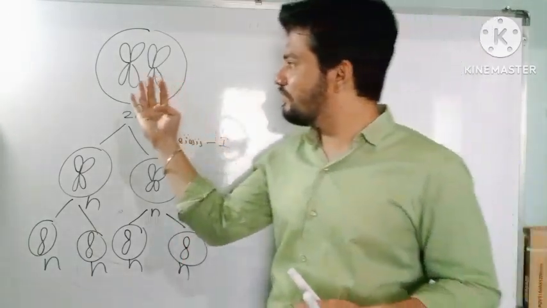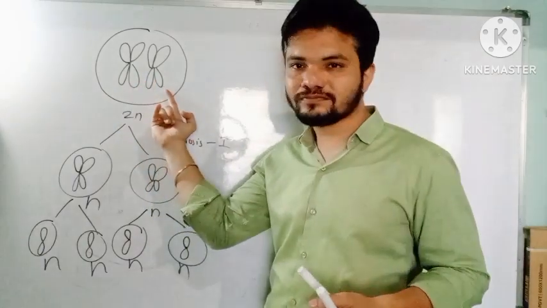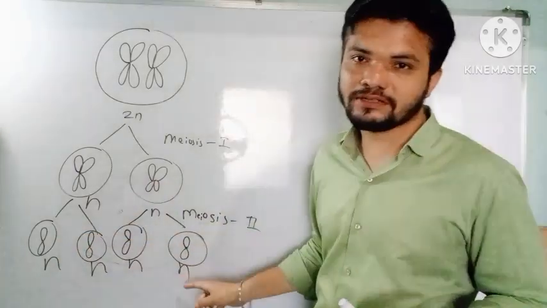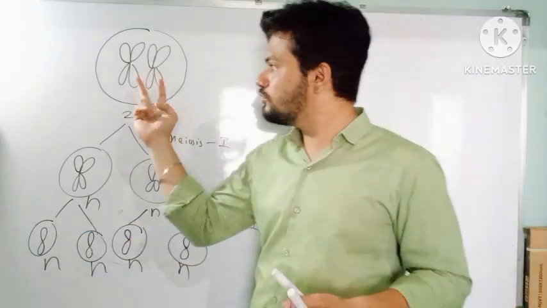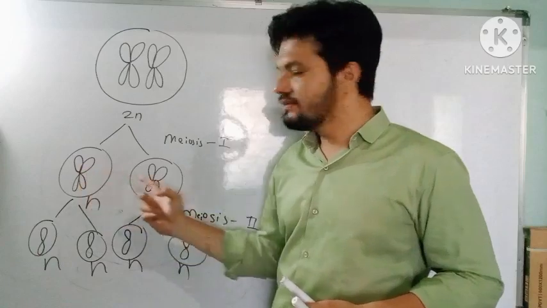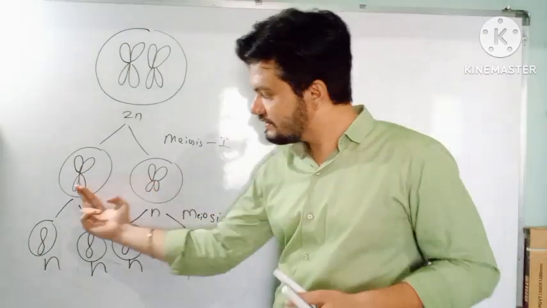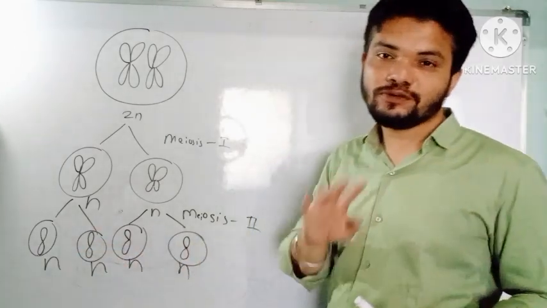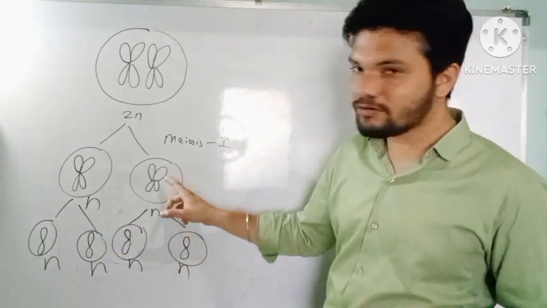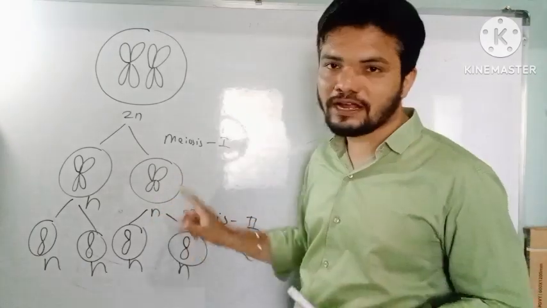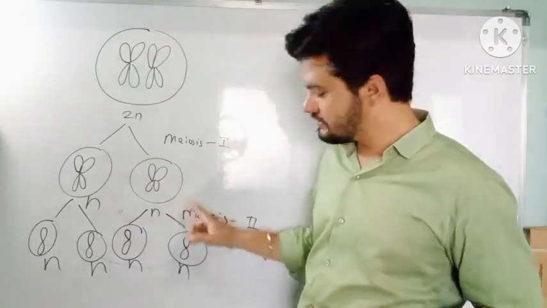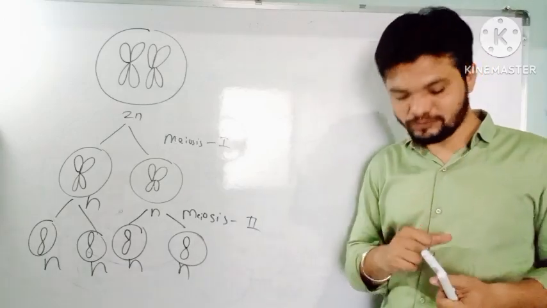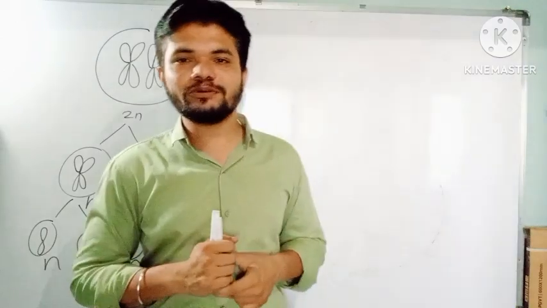Okay, so we started from 4 sister chromatids, then 2 sister chromatids and one sister chromatid. We started from 2 chromosomes, then both the chromosomes are separated, and then these chromosomes get split, and then they produce 4 chromosomes. These are also chromosomes, these are also chromosomes, but these chromosomes are having 4C DNA content, and this chromosome is having 2C DNA content. Both are known as chromosomes. So I hope it is clear to you